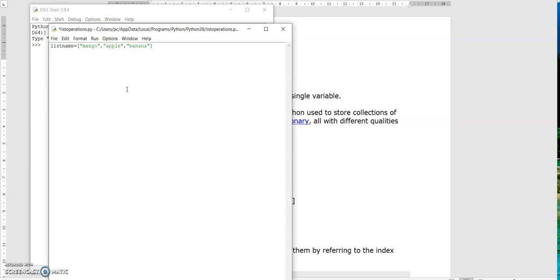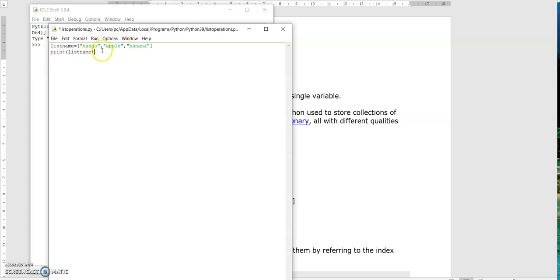This is the list. Now we need to print that list. Print the variable name. The list contains a collection of data. Here list name equals mango, apple, banana.